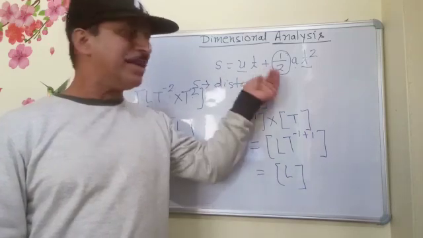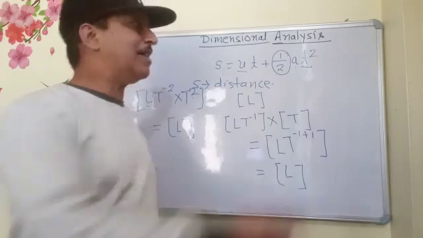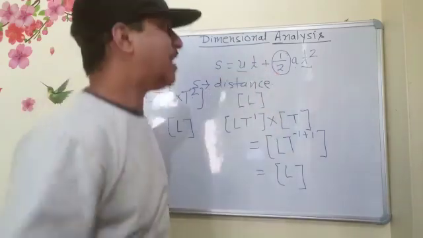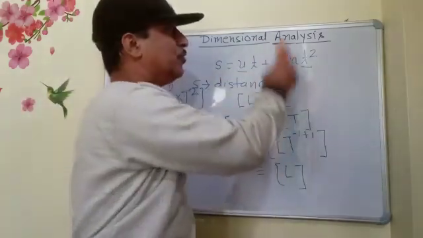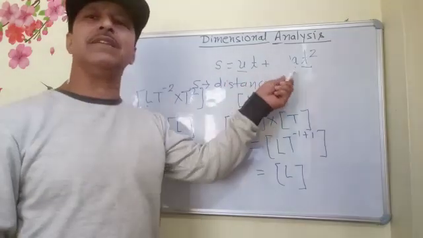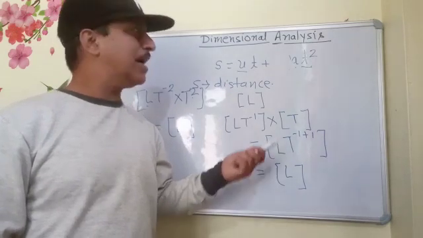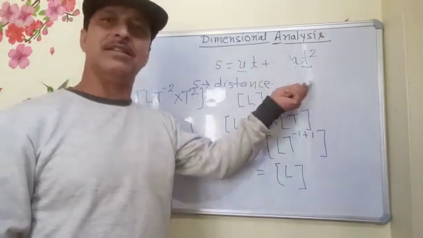But there is a limitation to this application. Even if we did not have the half here, suppose I would write it as s = ut + at², then too this equation would stand correct dimensionally. But we know that this is actually not correct. So this is a